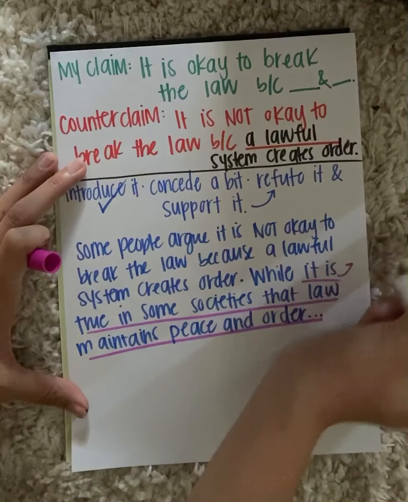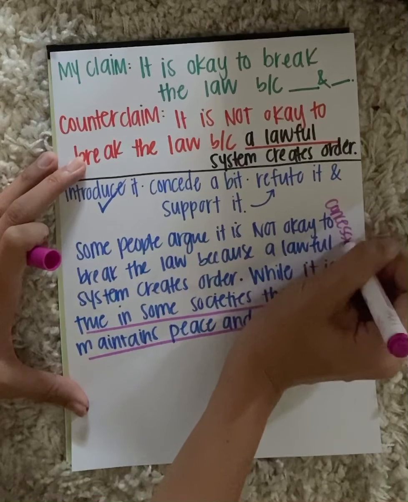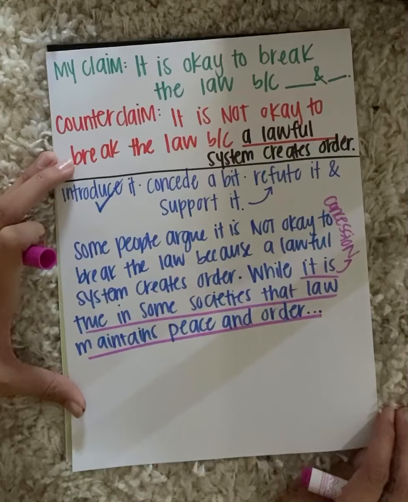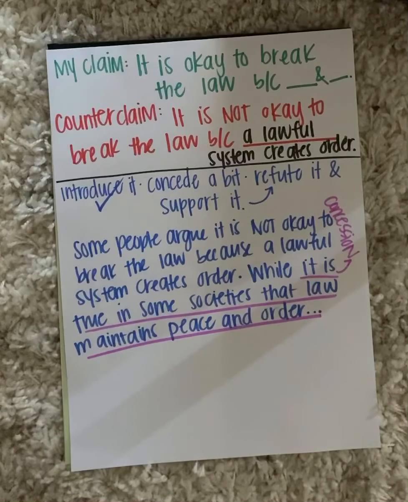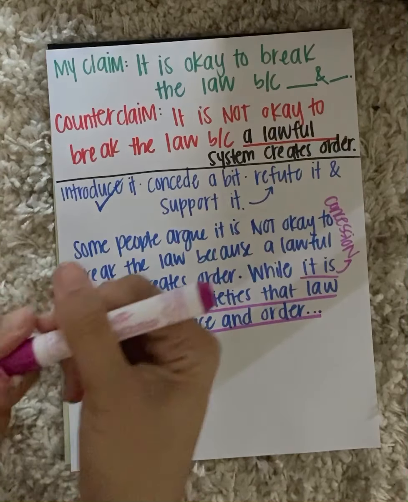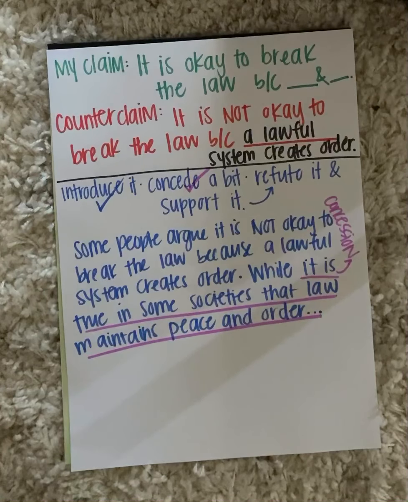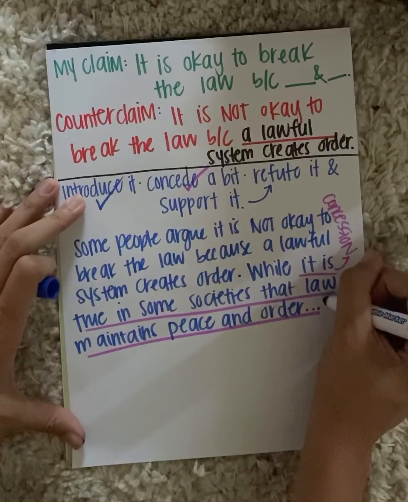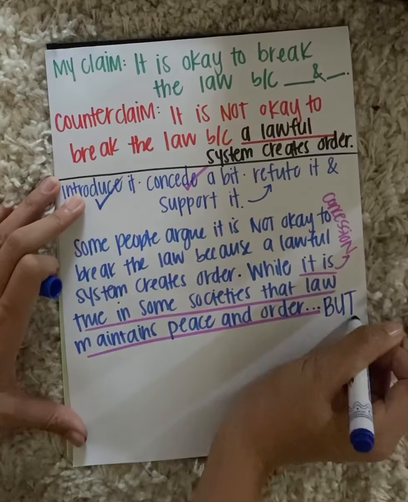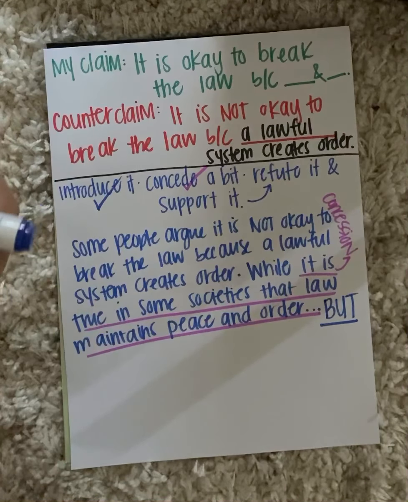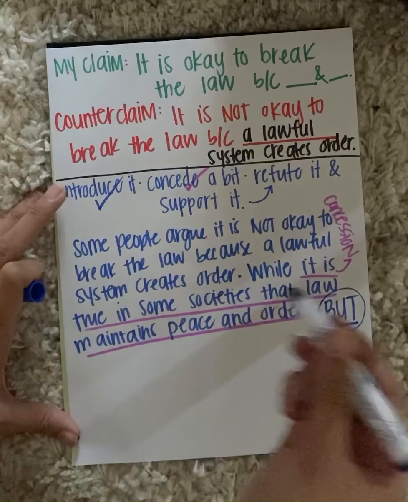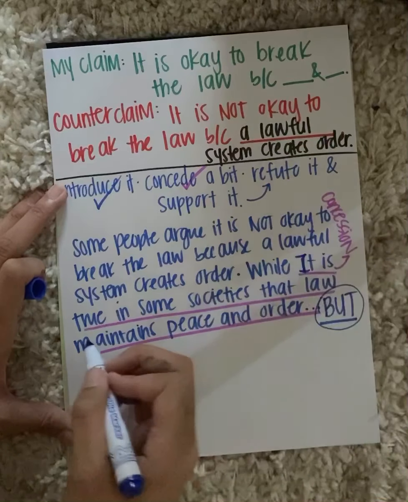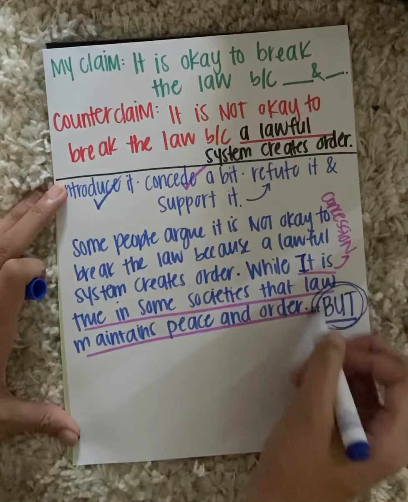This is a concession because I'm clearly stating that I understand the other side's argument. I see their counterclaim. I understand it. I'm saying, yeah, that might be true some places. I'm going to check off concede. Now I need to refute that claim. The big word that announces I'm about to write a refutation is the word but. So while it may be true in some societies that law maintains peace and order, I can fill it in. Another way I could write this is, it is true in some societies that law maintains peace and order, but